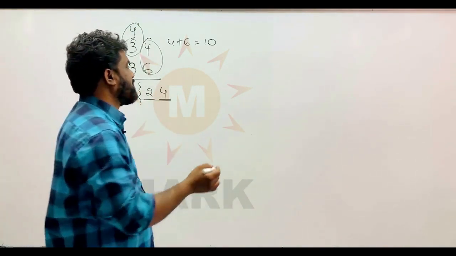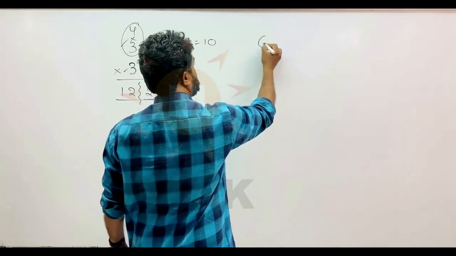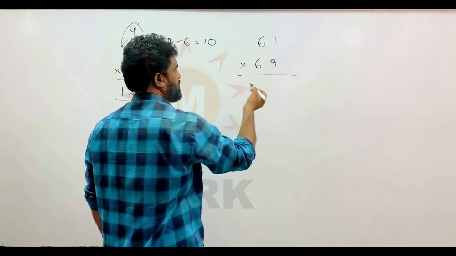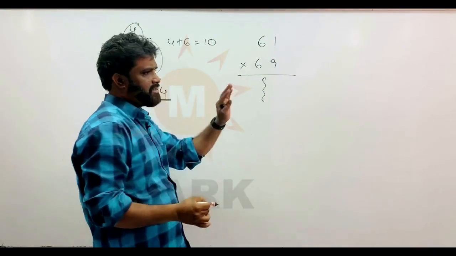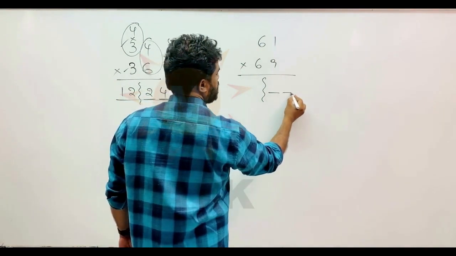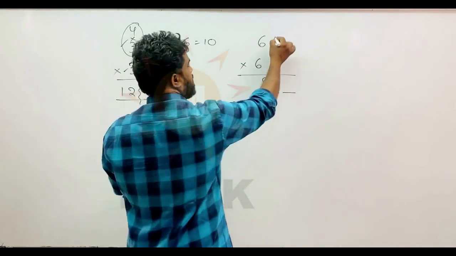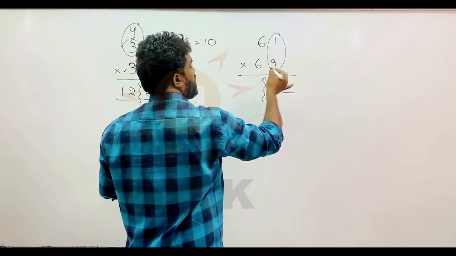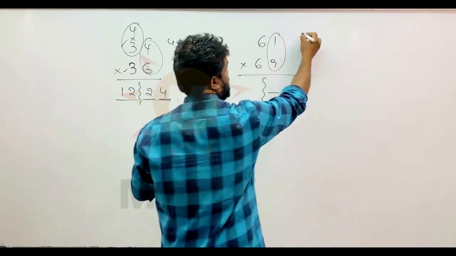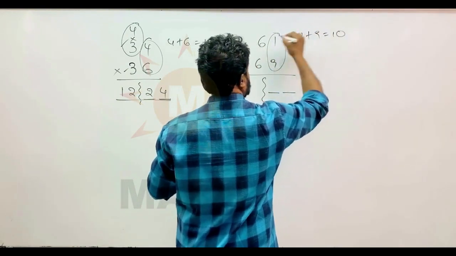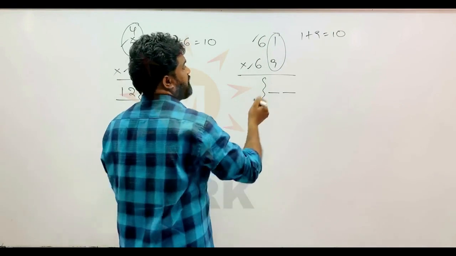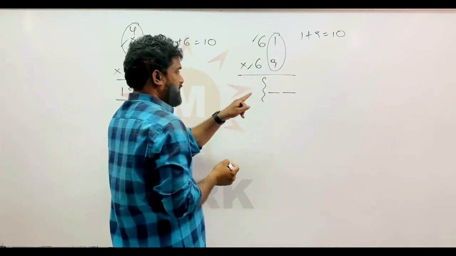I will take one more example. Suppose, my dear friends, you are multiplying 61 and 69. I divide my answer into two parts, the right part and the left part. In the right part, I give 2 slots and I write the multiplication of the units numbers. Remember, the first qualification is the units number sum should be equal to 10. Clearly 1 plus 9 is equal to 10 and the remaining numbers are the same. So they are qualified for this technique. So 1 into 9 makes 9, but here 2 slots are there.